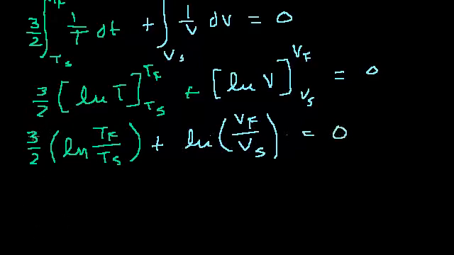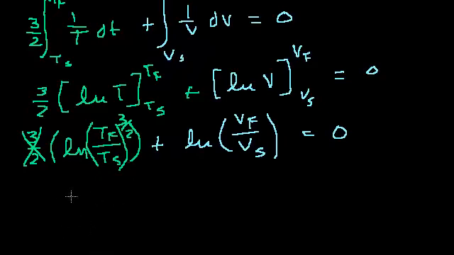And now this coefficient out front, we can use our logarithmic properties. Instead of putting a 3/2 natural log of this, we can rewrite this as the natural log of tf over ts to the 3/2. Now we can keep doing our logarithm properties. You take the log of something plus the log of something. That's equal to the log of their product. So this is equal to, I'll switch colors,